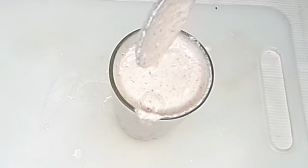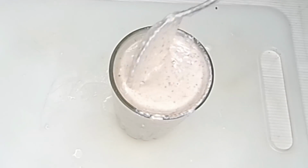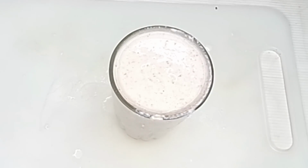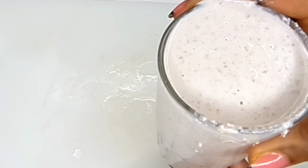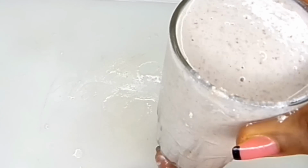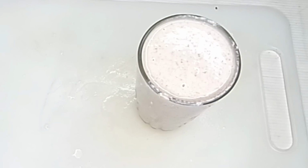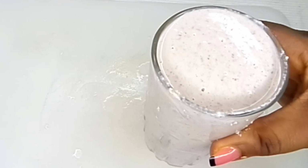And you're going to gain weight when you drink this every morning. Make sure to drink it every morning if you're aiming to gain weight at the right places. Drink this every morning, and for me, I am loving this. This is actually superb. So every morning,